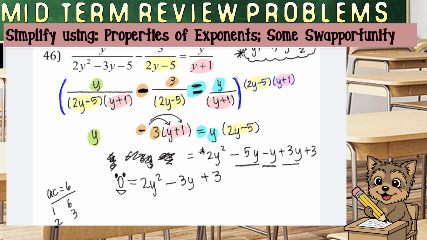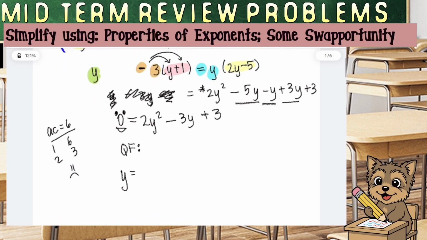Yeah, I just want to make sure I didn't make any careless errors. Okay, so quadratic formula it is. Now, normally, with the quadratic formula, you would do x equals negative b. In this case, it's y, because that's my variable. So I'm going to get y equals negative b plus and minus